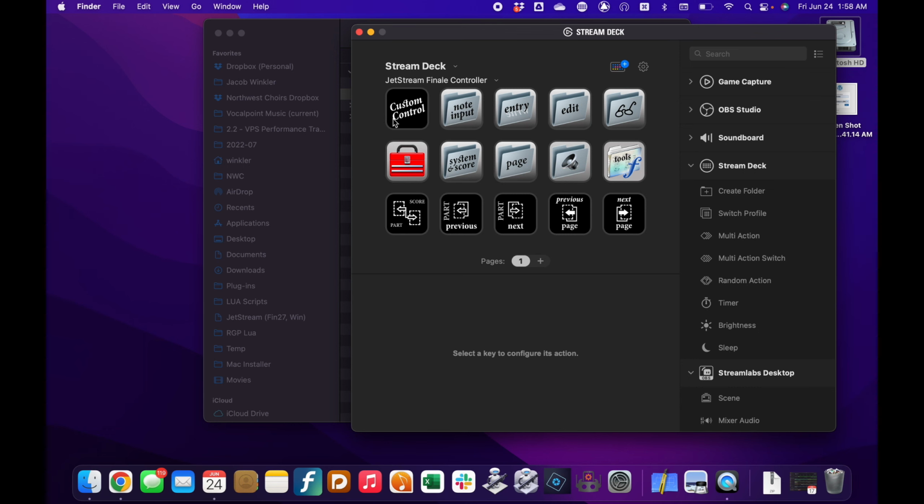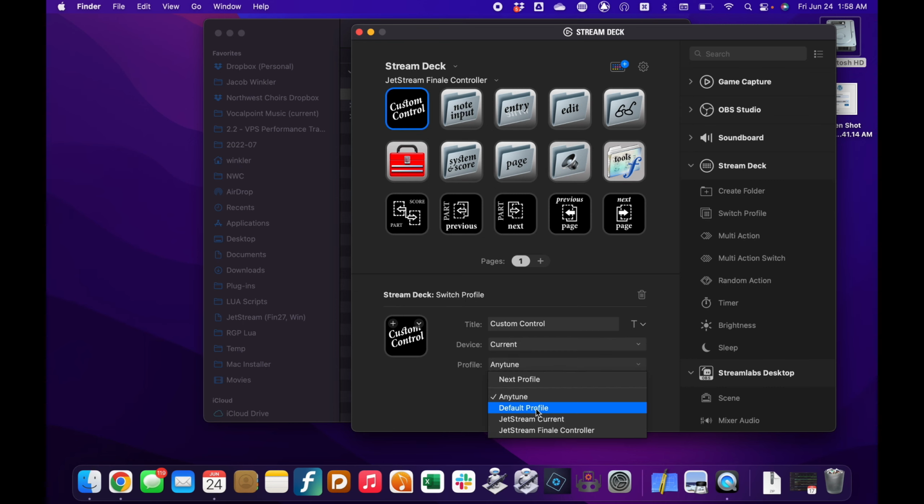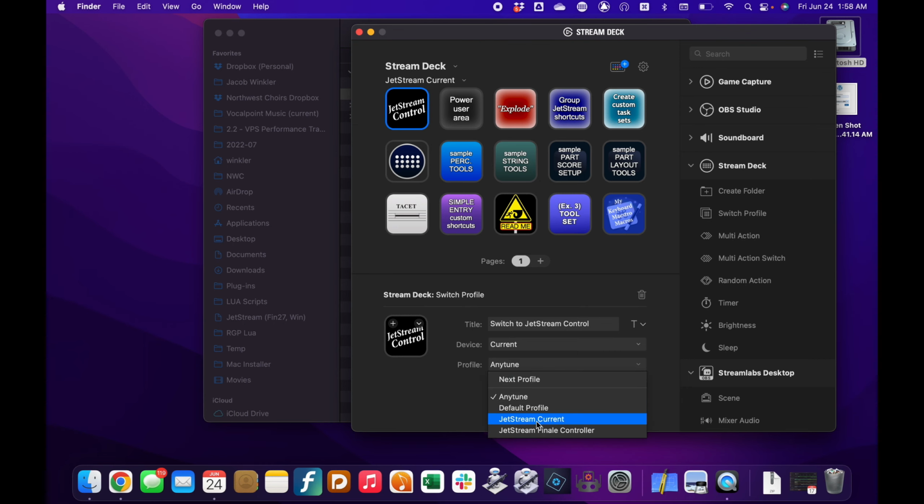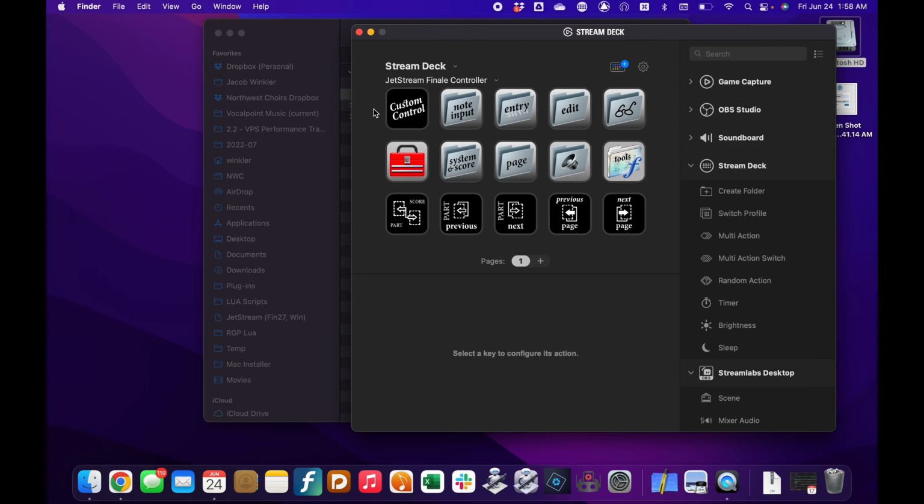The top left button toggles between these two profiles that we just created. So down here where it says profile, I'm going to change this to JetStream Current. And I'm going to go ahead and click this top left button on my Stream Deck. And then I'm going to go to the top left button here under JetStream Current and change the profile to the JetStream Finale controller. And now, as I tap this button, the top left button, it's going to toggle between